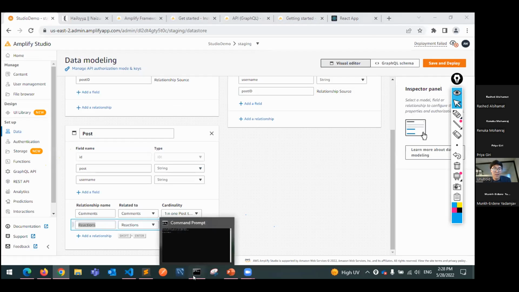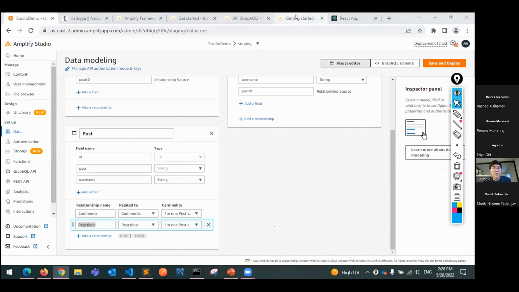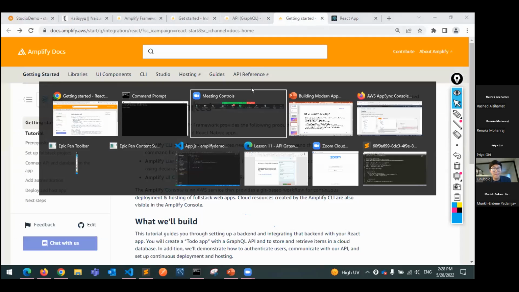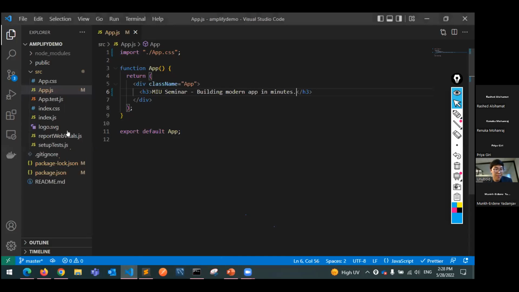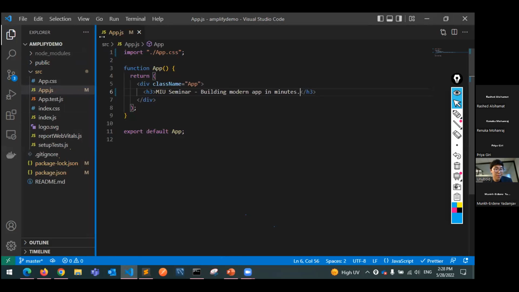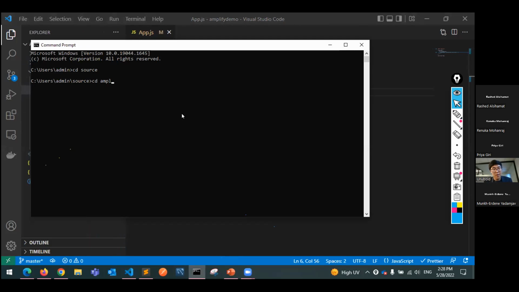And let me show you that. So this is one way. The other way is using the CLI. Let me show you that part. I created one demo app here. So this is Amplify. Okay. Demo. So I created this